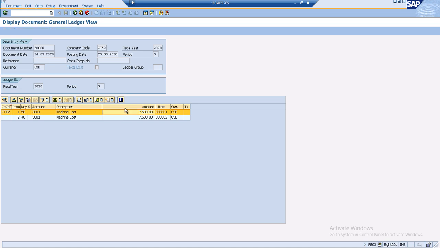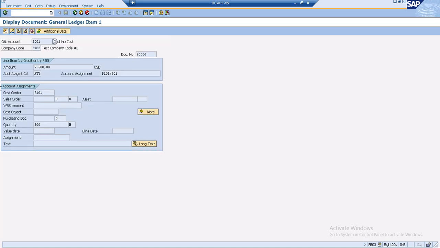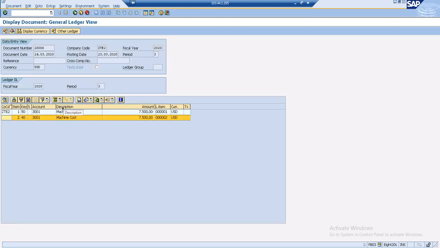And the minus entry should be one cost object. So we transfer the cost from the cost center, plus entry to the production order, or we transferred this 1 hour to the production order, and that is why the FI document is generated. If you imagine your KSB5 document, in every aspect we checked, the CO document or the KSB5 document is your original document, and with reference to that we are getting this FI document CO. That is why this document is known as document type CO postings, but it is not actually a CO document, it's an FI document. So if you check this document 2006 in your table,